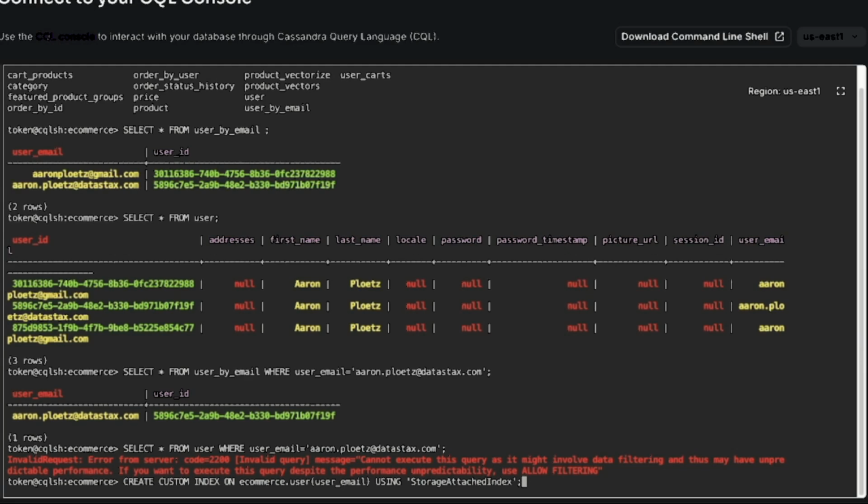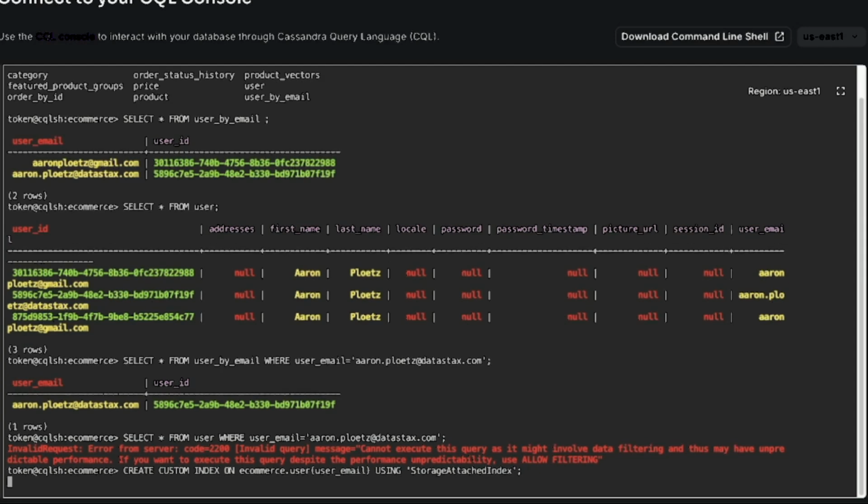This is going to be a much more efficient way of indexing and pulling back data by something other than the primary key, versus all of the other indexing strategies that have been used in Cassandra. So let's give that a shot. And then let's up arrow and run our select.